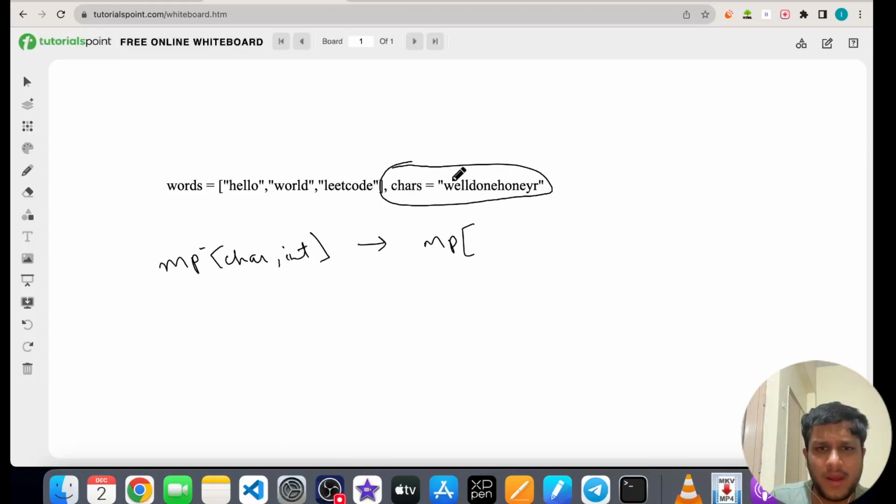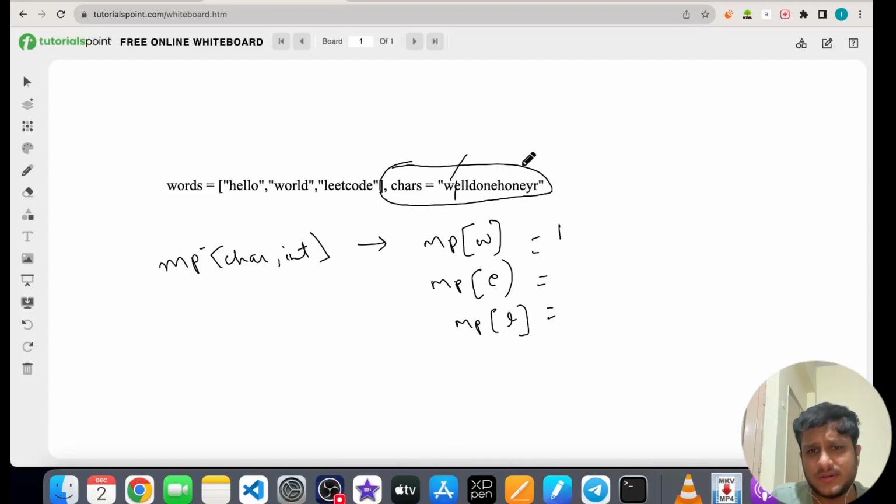So map of w, map of e, map of l will simply have a count of all the characters we have. So map of w is 1, map of e is 3, map of l is 2 and so on.